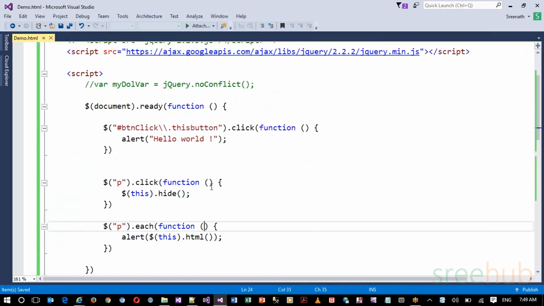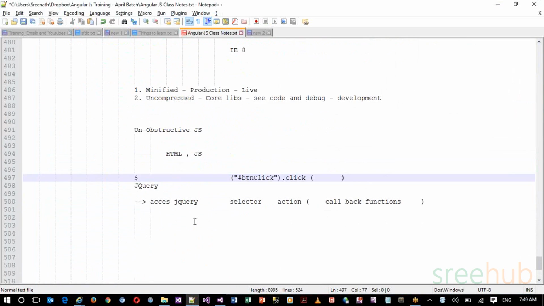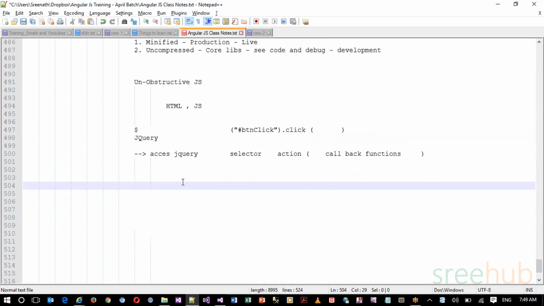So now, yes, we are going to see multiple concepts as part of our jQuery. First we're going to start with selectors. Let's see the multiple features we are going to discuss across our jQuery features, and then we're going to see each and every feature in depth. So we're going to work on selectors for HTML elements, very important,